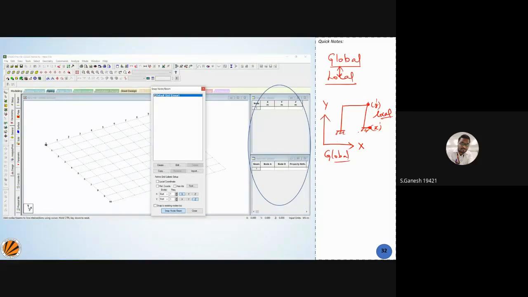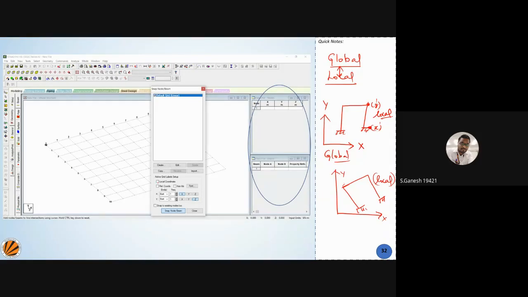When you rotate the local coordinates, in the structure, when you rotate the frame, like this, I tilt my frame. Now the local coordinates are tilted. So the loads are going to act on the local coordinates, but not on my global coordinates, right?